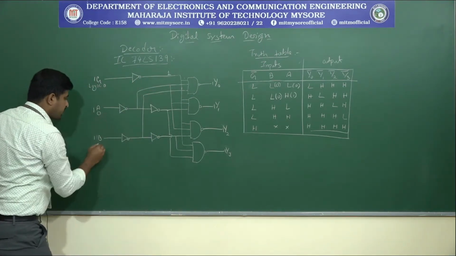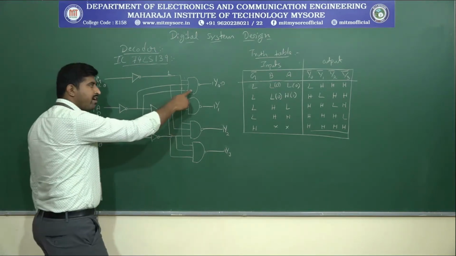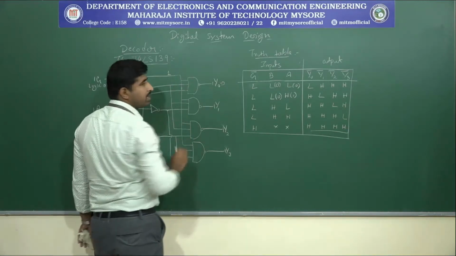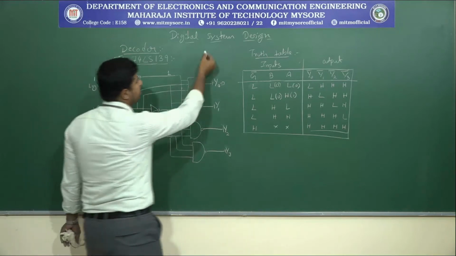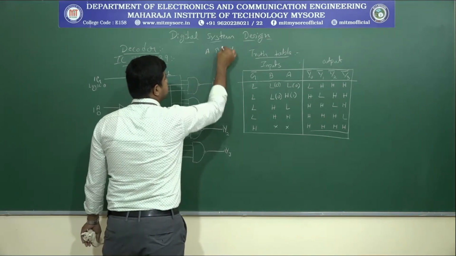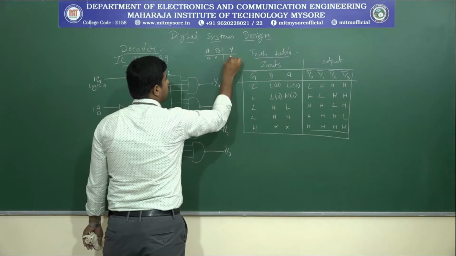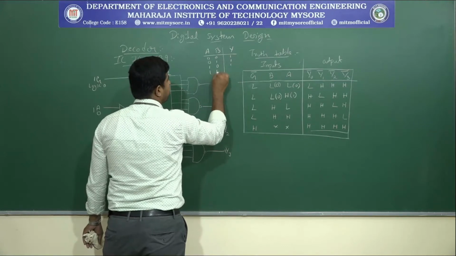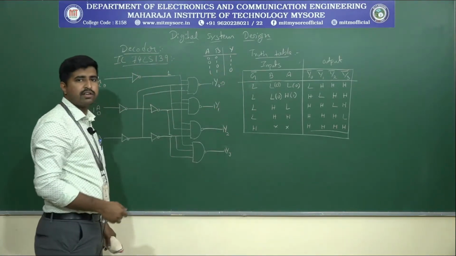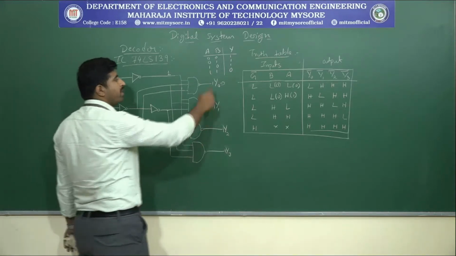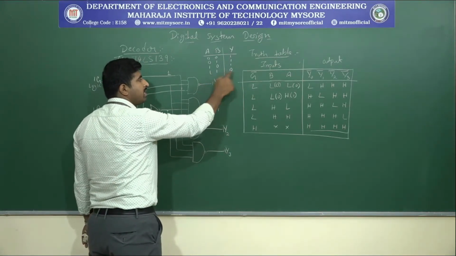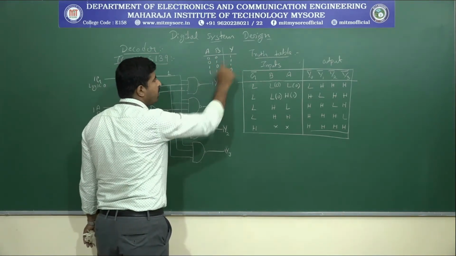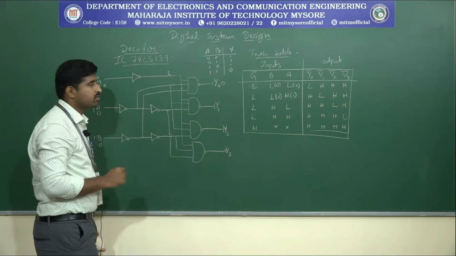And next, when both the conditions are 0, 0, here we have used the NAND gate. So let's analyze by considering the NAND truth table, then we can understand in a better way. For a NAND gate, the inputs 0, 0 give 1; 0, 1 give 1; 1, 0 give 1; and when both are 1, it is 0. So it's an inverter of an AND, that is a NAND. When all the inputs are 1, then only the output will be 0. For the remaining conditions, any one of the inputs being 0 means the output will be 1.